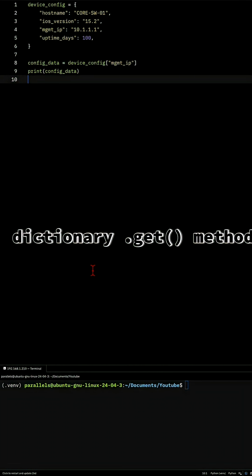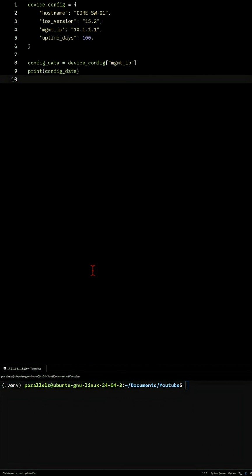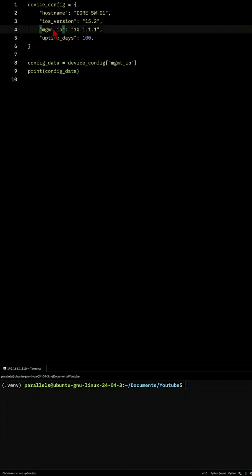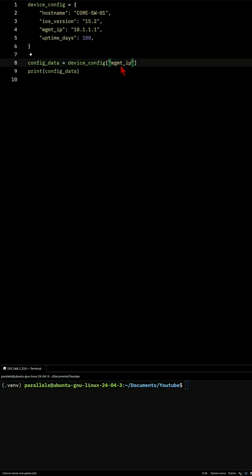As a network engineer, we frequently use dictionaries to store collected device information. Here we have our device configuration dictionary that stores essential details about a particular device. To retrieve a value like the management IP address from this dictionary, we frequently use the bracket notation like this. When we run this, we successfully get the value we were expecting, which is the management IP address, and here